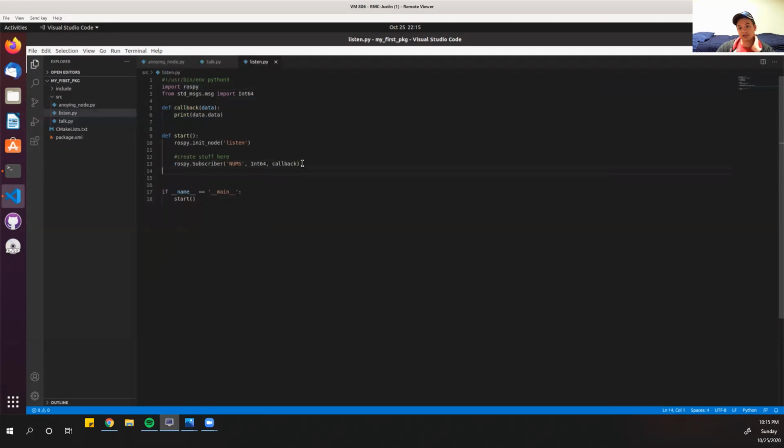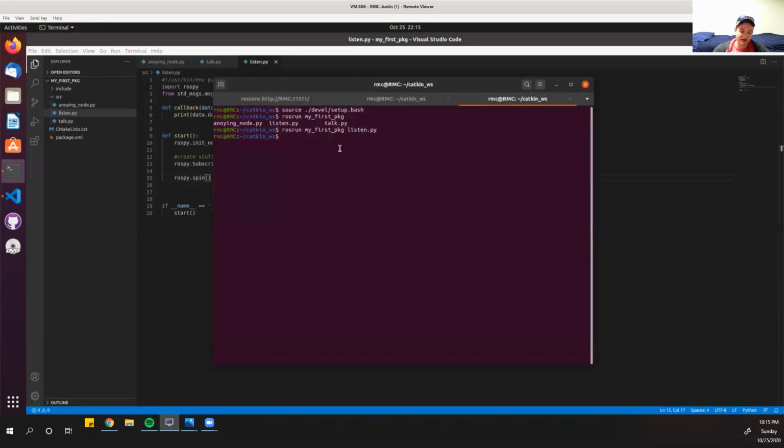We want this to keep going. So we're actually going to add the line rospy.spin to get that going. I forgot that line. That's my bad. Sorry. But if we go ahead and run this command again, you'll notice that now it's getting a number for